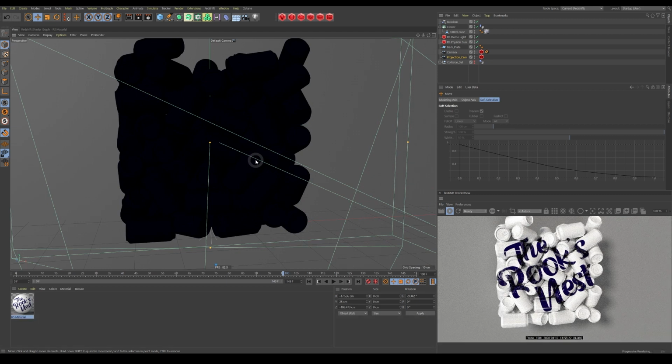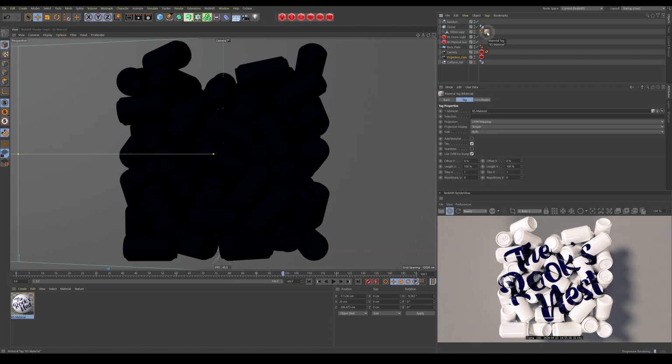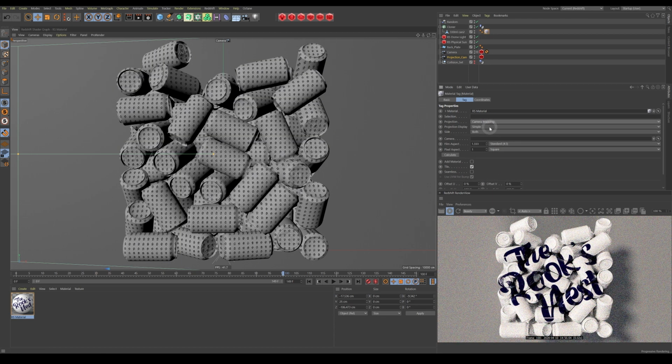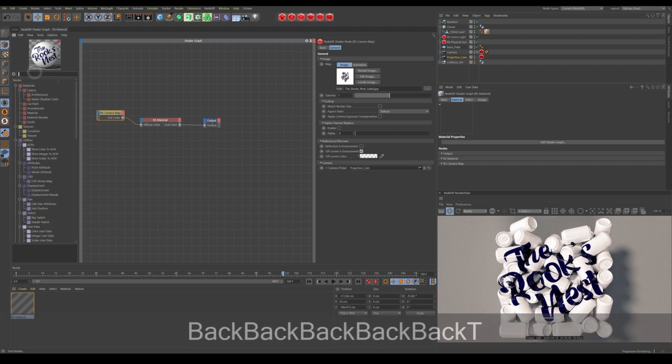But I want it animated and I want this to stick to these parts of the can. So, in order to do that, we need to bake down these cans into their individual meshes and then bake UVs onto those. And in order to bake those UVs, we're going to be using our camera mapping tag and we're going to change it to camera mapping on here. And in our texture here, we're not going to be using this. We're just going to be using a normal texture